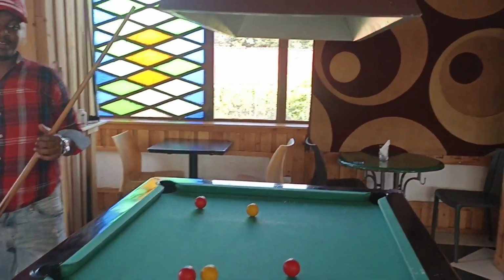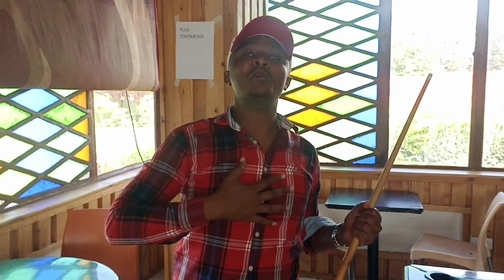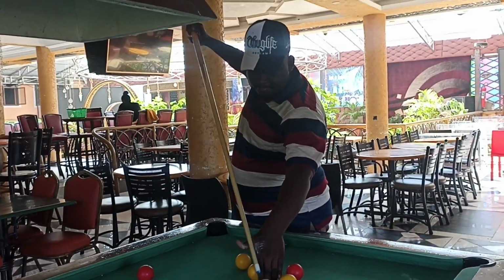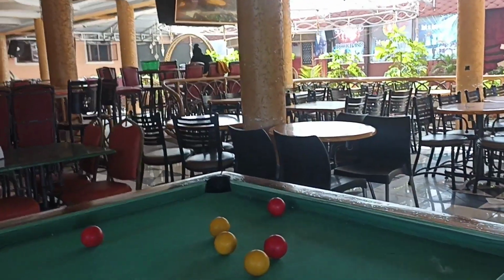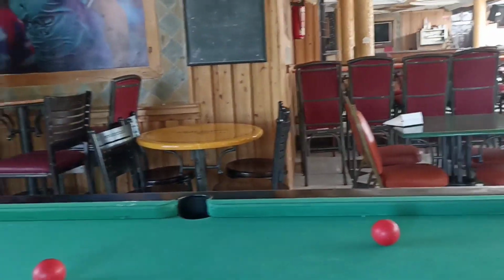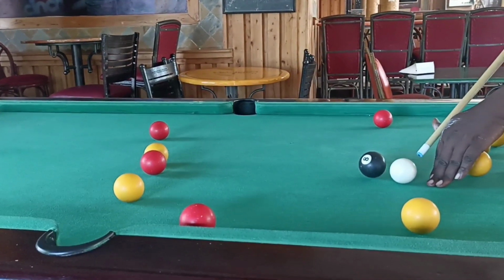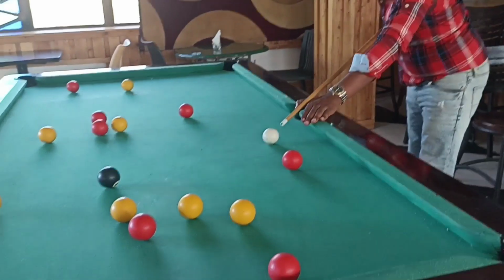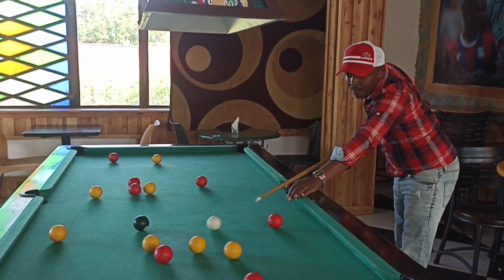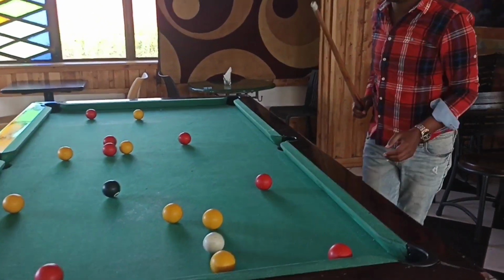For a 9 feet table, the playing surface, the dimension between the noses of the cushions, measures 100 by 50 inches, 254 by 127 centimeters, with an 1/8 inch, 3.2 millimeter margin of error for either dimension. For an 8 feet table, the playing surface measures 92 by 46 inches, 234 by 117 centimeters, with the same